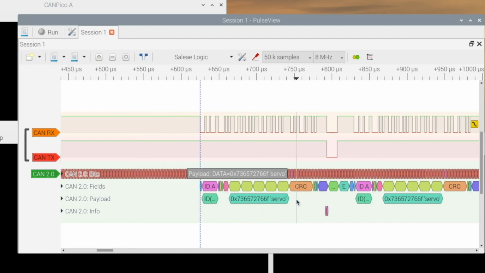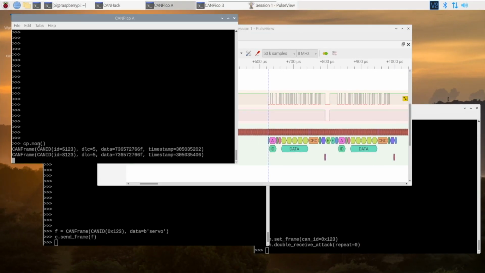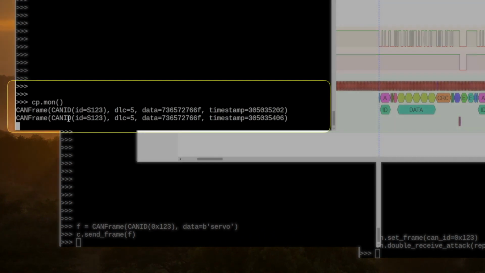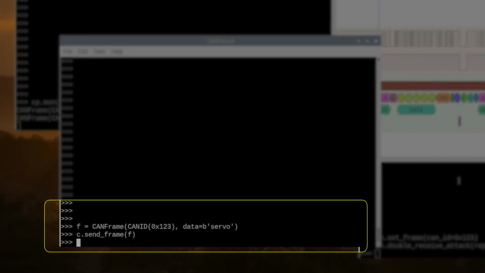So the frame is sent once, it's been received okay because that's the second to last EOF bit, but it's failed to transmit okay, so the transmitter has resent it, and it gets through, it's received okay again. And we can see in the monitor here that it's been received twice, but it's only been sent once.